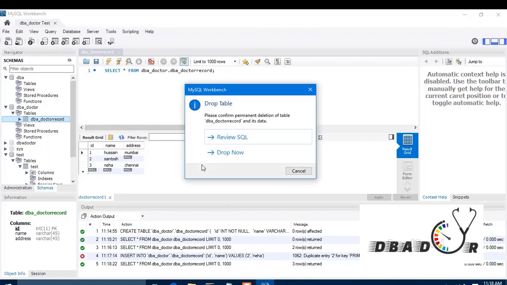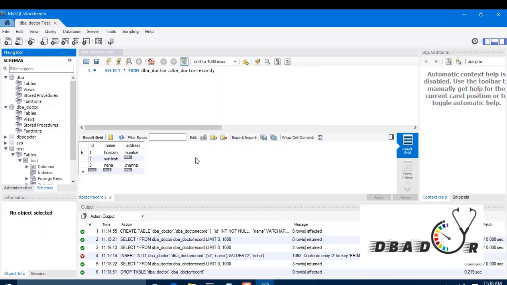Drop table directly we can do. Okay, so after executing the query, you can see now there is no record present.